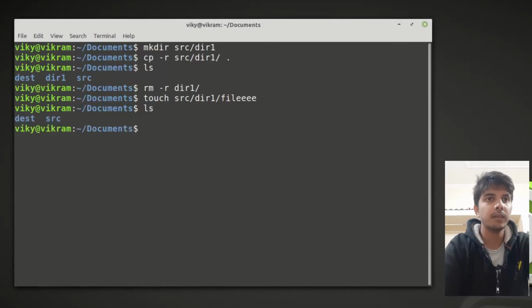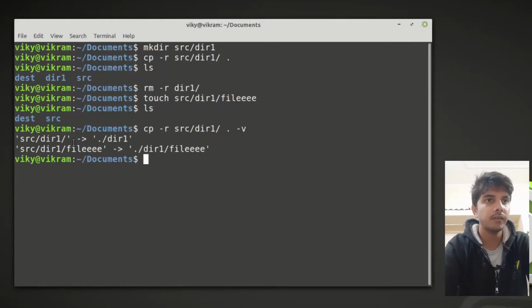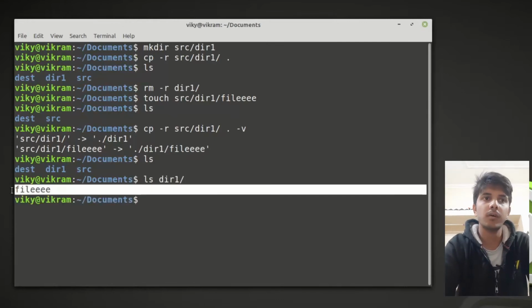So I will again run the same command, and I will also specify -v. Now -v is the verbose option, and it will tell you what actually happened. If I press enter, you will see this directory has been created here, and this file has also been copied here. If I write ls, you will see the directory has been copied here, and also the file that was present is copied.